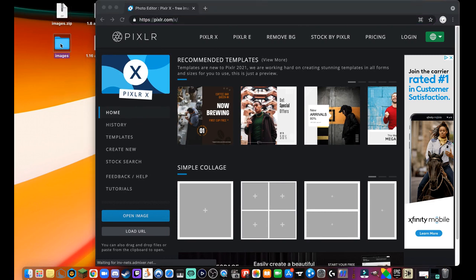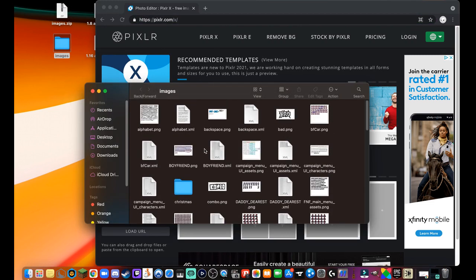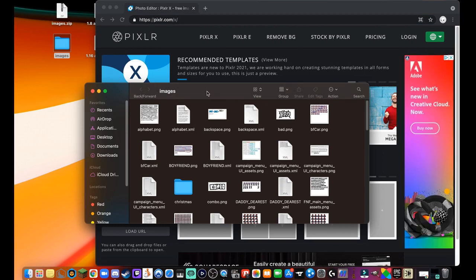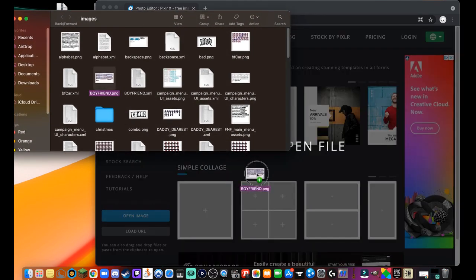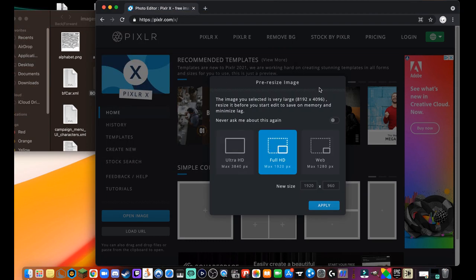So we're going to open up Images, and this is where you're going to find all of your different Friday Night Funkin files that you're able to edit. Now, we're going to start with the boyfriend.png, this file right here. What you're going to want to do is drag boyfriend.png onto here, and then it's going to